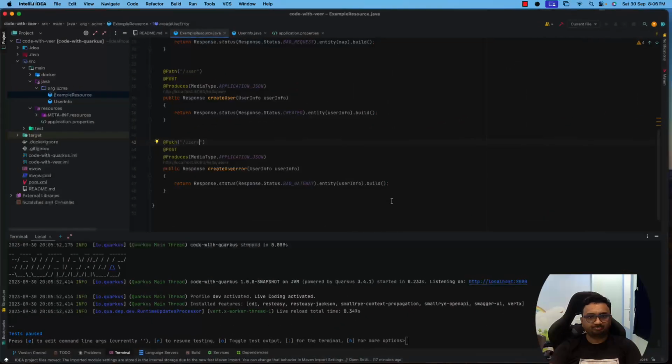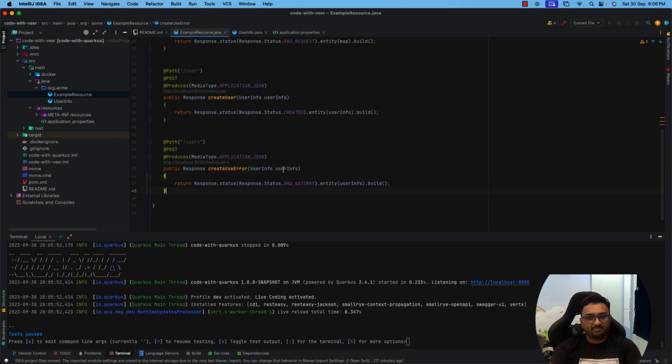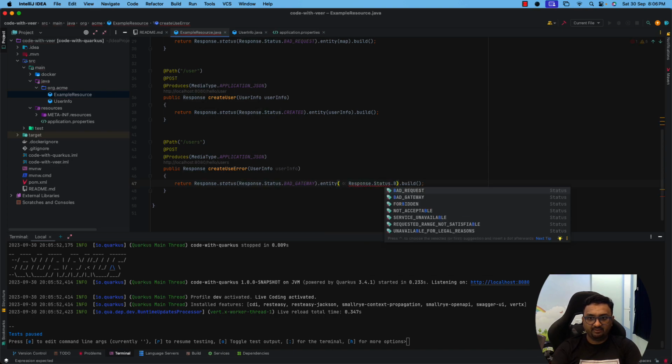Let me just show you. So we are just passing the entity as is. That's why it is returning your user info. What we can do is we can even pass a string, like a string of response.status.bad gateway